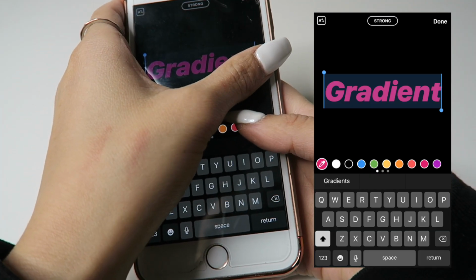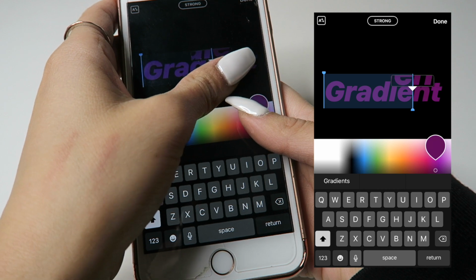Next, I want to show you how to make a rainbow color or gradient color font. What you have to do is hold down with your left finger like that, and with your right finger